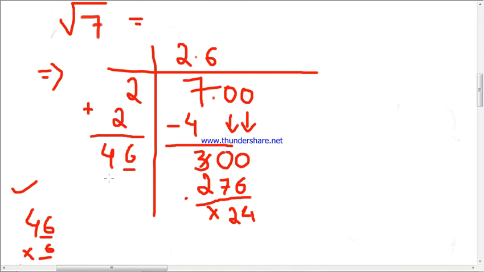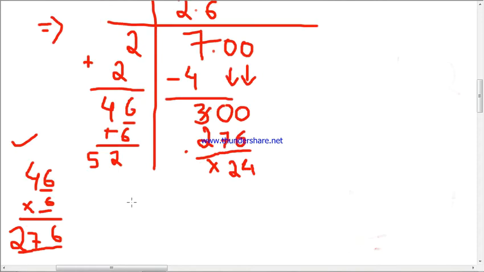And then do not forget to add 6 out here, since you have taken 6 as another digit. 6 plus 6 is 12 plus 1. And then 4 plus 1 is equals to 5. 52. Now since 24 is less than 52, so what we can do is we can add one